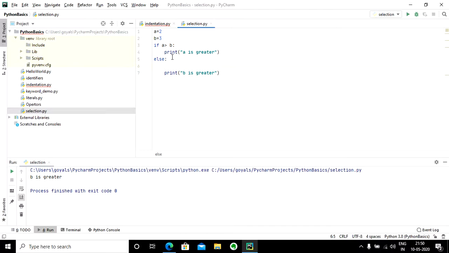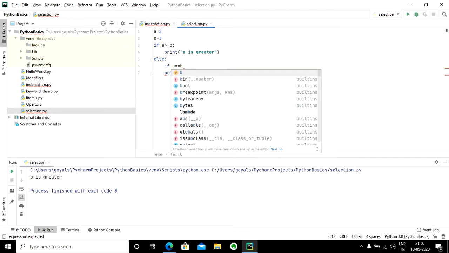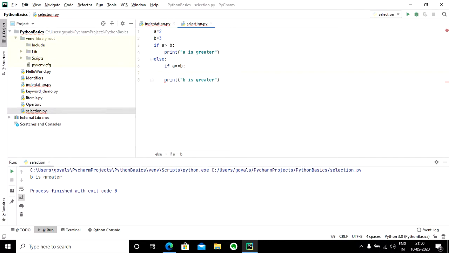Otherwise, I need to check if a is equal to b, and I'll print a is equal to b.